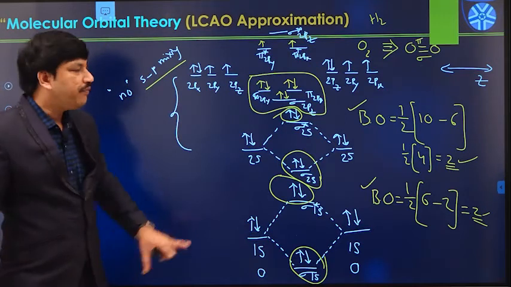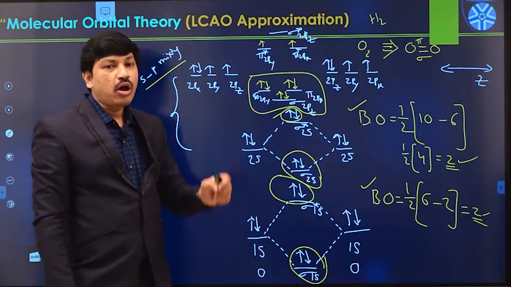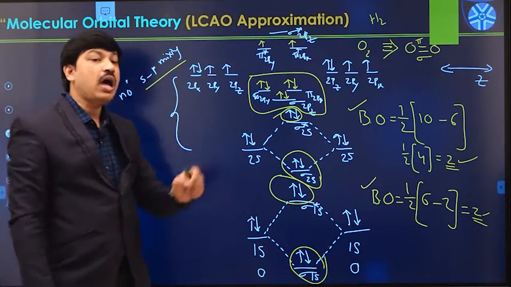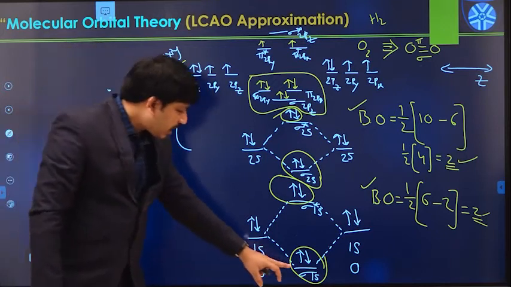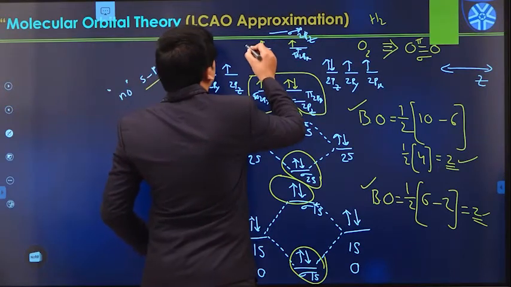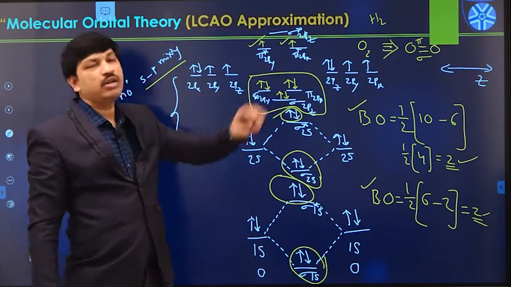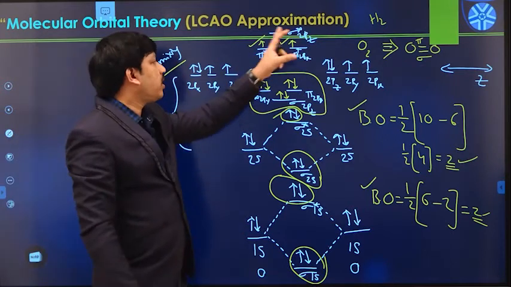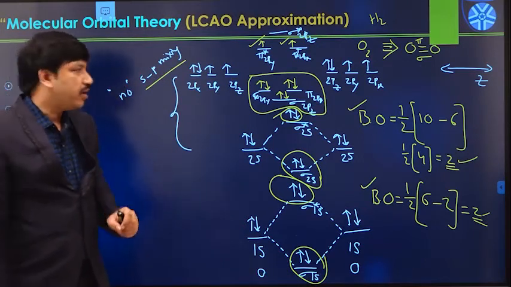Now another question: whether the O2 molecule is paramagnetic in nature or diamagnetic in nature. So how to decide whether the given molecule is paramagnetic or diamagnetic? It depends on how many unpaired electrons are available in the corresponding molecular orbitals. If you see the electrons in the molecular orbitals, this oxygen molecule contains 2 unpaired electrons. One of the antibonding levels, the pi star antibonding level, consists of 2 unpaired electrons like this. And due to the presence of 2 unpaired electrons, the O2 molecule is paramagnetic in nature.